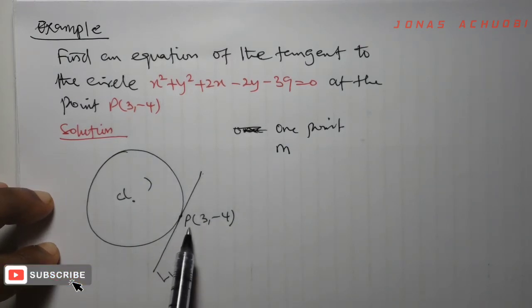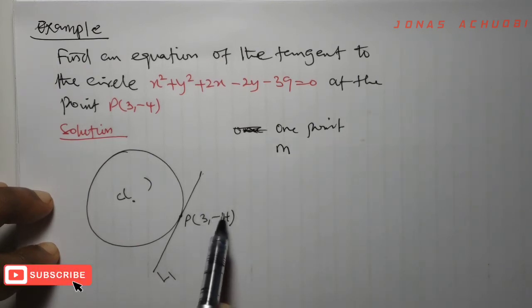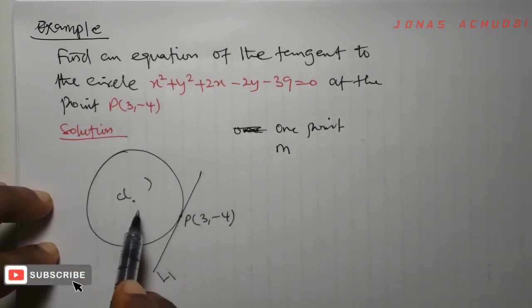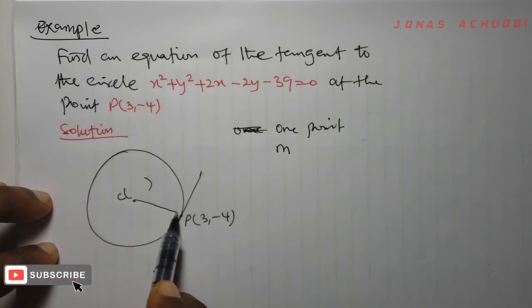This line passes through the point (3, -4). So we have one point. However, we do not know the slope of this line. So that's a problem. But at the point of tangency, a line drawn from the center to this point